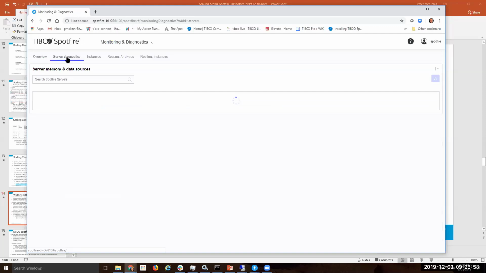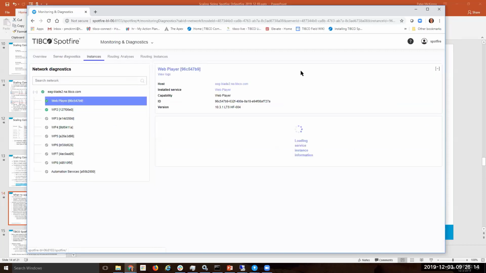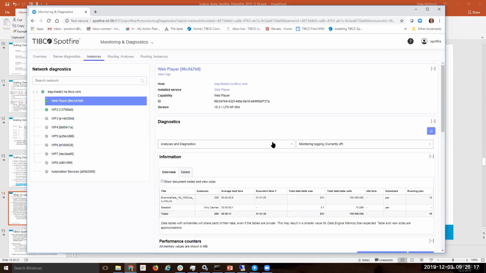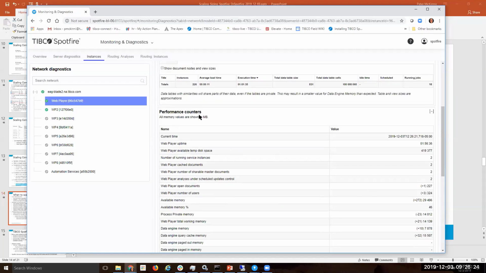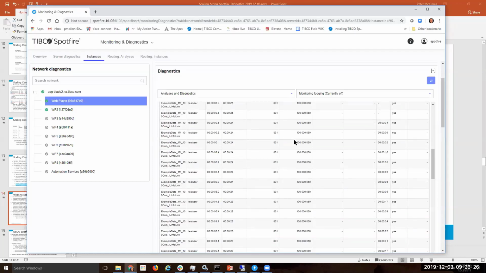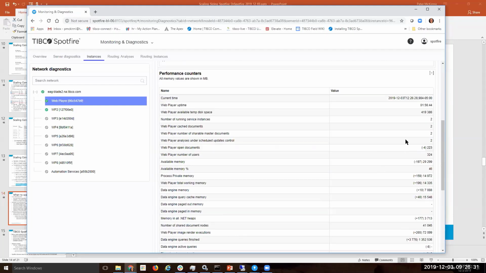We can look at the specifics of the Spotfire server, and in this case, it's really only being utilized for the HTTP traffic that's going through it. The analysis file that I'm working with has already been loaded in web player in memory using scheduled updates. But the more important thing to look at is the specific instances. We have a high-level overview, and I can go down to details. This may not be useful, because there are several hundred of the same analysis file. But one of the other interesting things is the